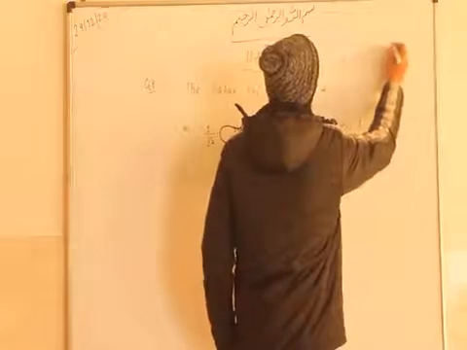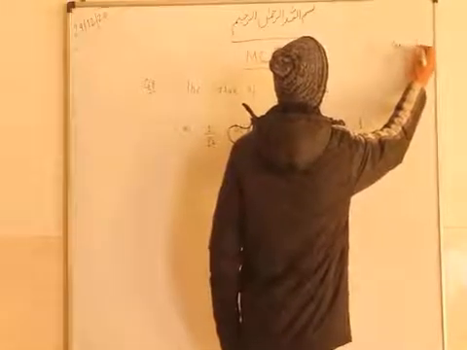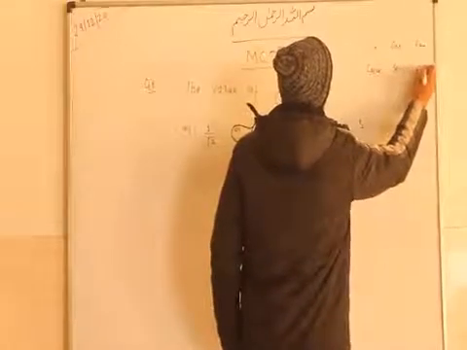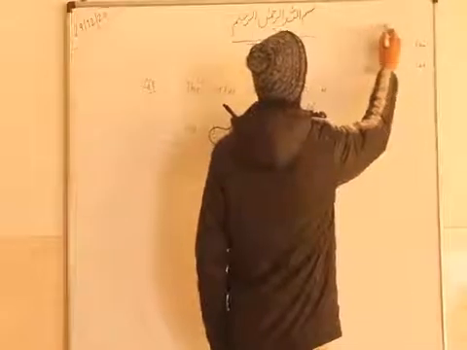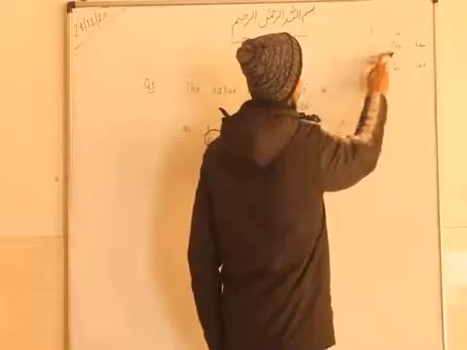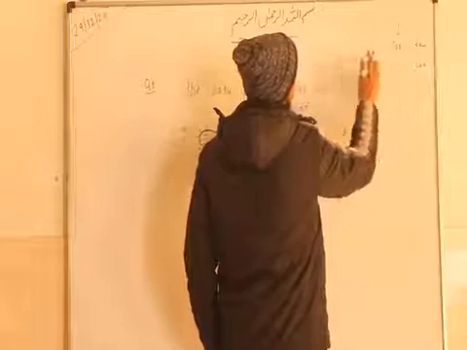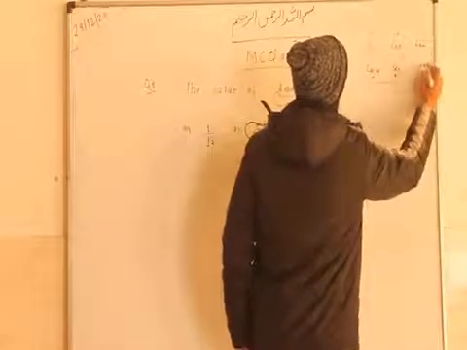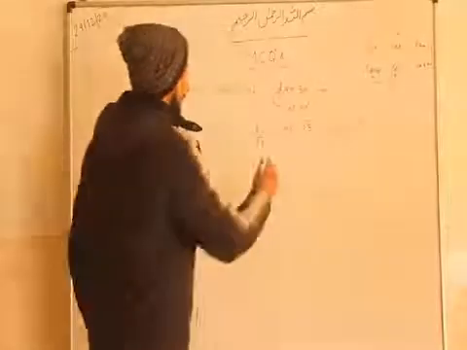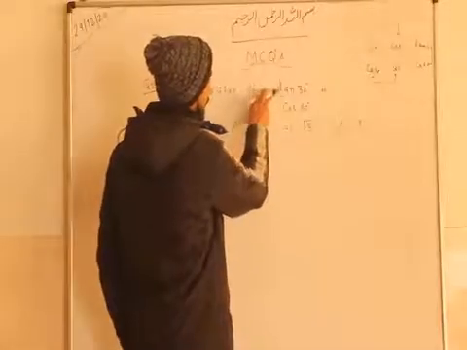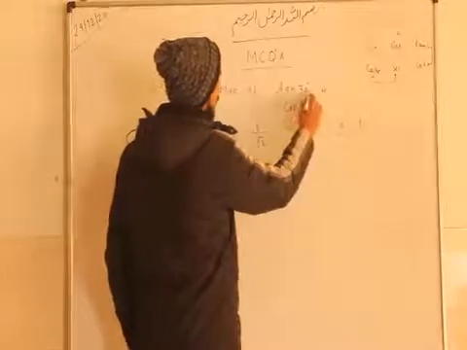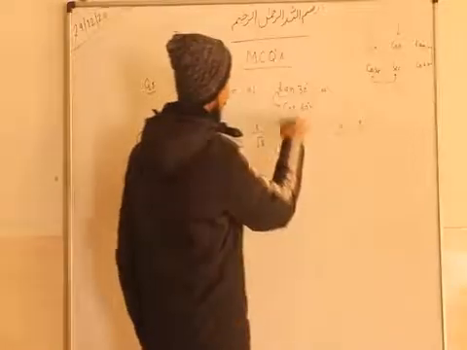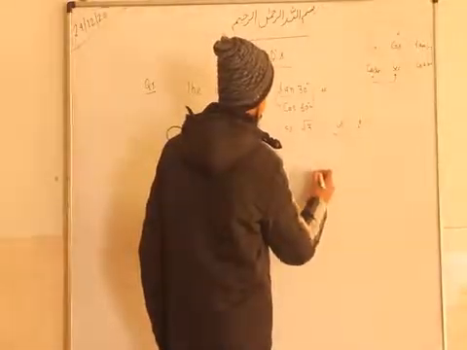I am telling again: sin, cos, tan, and this is cosec, sec, and this is cot. So these two are complementary relations, sin and cos. So sin 90 minus theta is cos, cos 90 minus theta is sin. Like this, these two are complementary relations and these are. So the simple thing, whenever the complementary relations are there and the sum is coming 90, the answer will be 1. And how we have done this, see the solution of this.